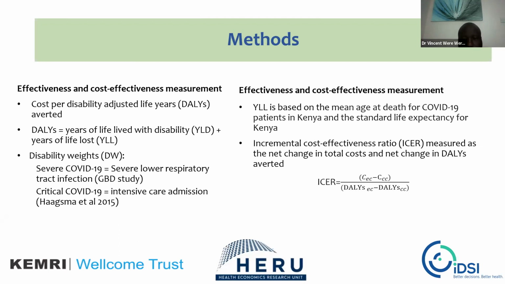Now, in modeling cost effectiveness analysis, you compare the net change in cost of providing the intervention compared to the standard cost. You divide by the difference in terms of the benefits of the program. Like now in the antimicrobial resistance, if you implement an AS system, you will compare the cost of the AS system, all the total costs, you subtract from the standard care that is provided without the AS program, you divide by the benefits.